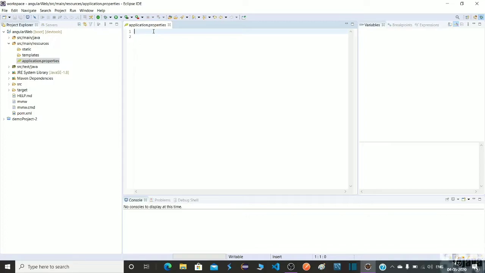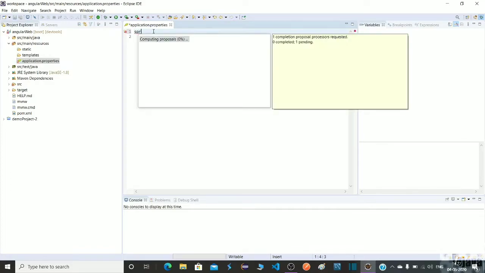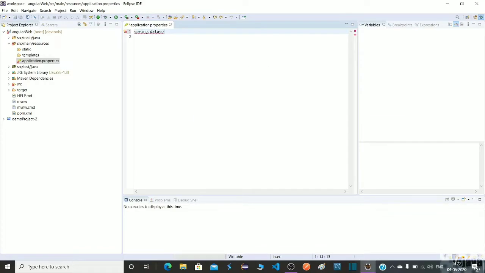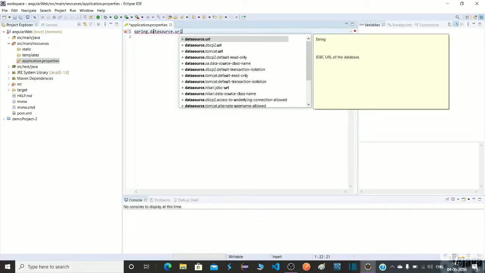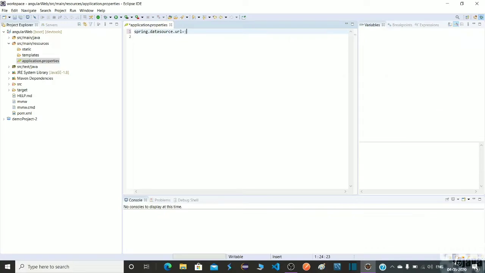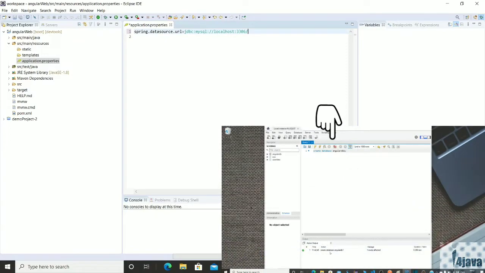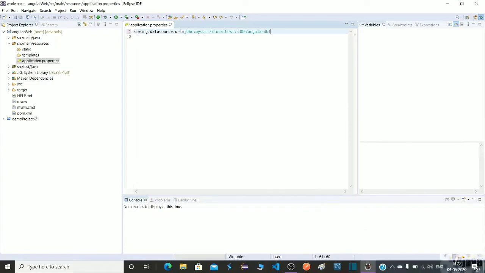So I'm adding here spring.datasource.url, jdbc:mysql://localhost:3306, and then the database name which we created in our MySQL Workbench, Angular DB1.